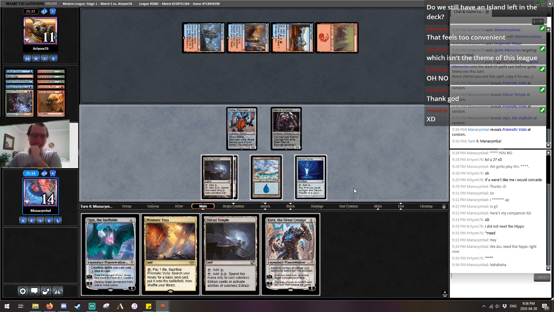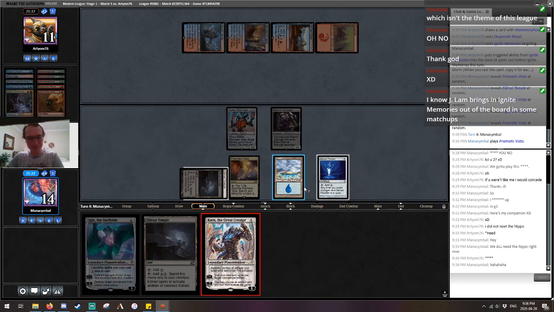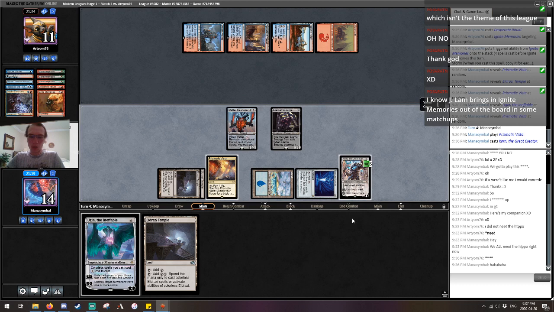Alright, what am I doing here? Am I just playing the Keruga instead of this Karn? I'm pretty sure I'm supposed to play Karn and then play Relic and then hold up the Relic forever. But I don't want to do that, but I am going to do that. We can't give it to them. We can't give it to them. We have to make them work for...